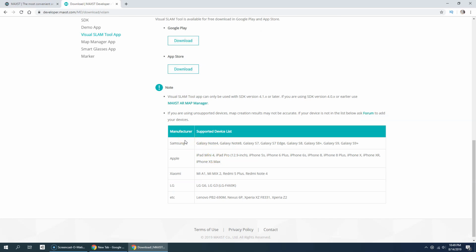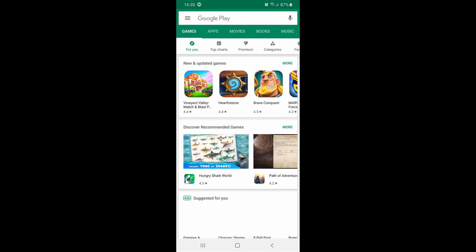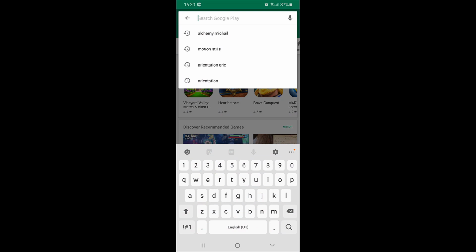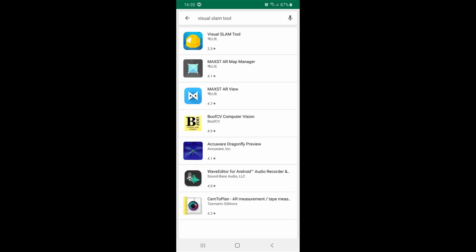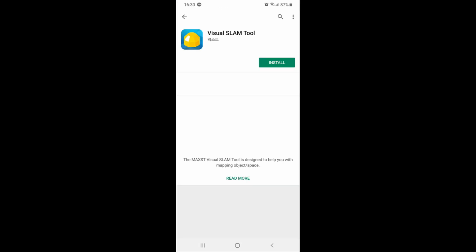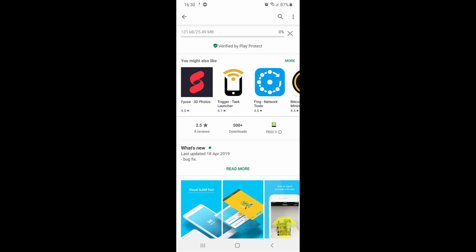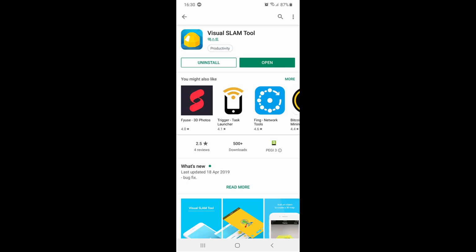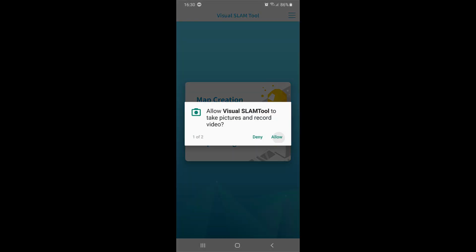I will do the scanning on a Samsung device. I do have a model of A50. So let's search for Visual SLAM and let's install it. Once installation is completed,